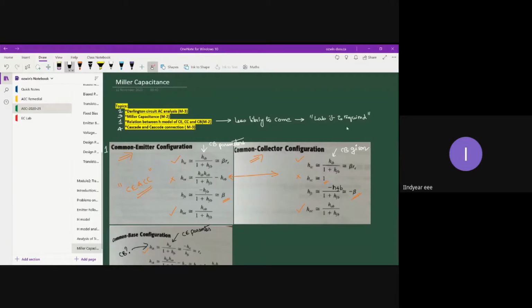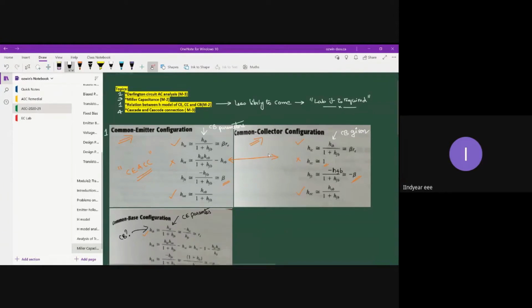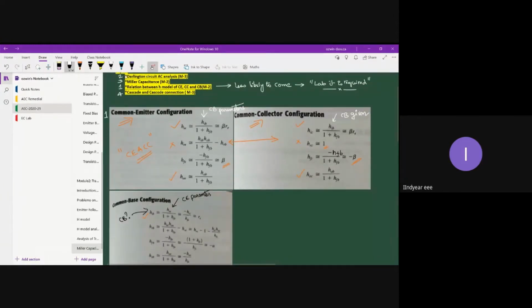Okay, but in lab, what I will do, normally I'm a guy who doesn't promote students to memorize things. So in lab, even in externals, I will try to give you these conversion equations. All you need to do is the experimental setup, that is your headache. But you don't have to memorize the formula. I will provide it as an appendix in the lab. Fine. So that's about the first topic of the day, which is the relation between the H model of CE, CC, and